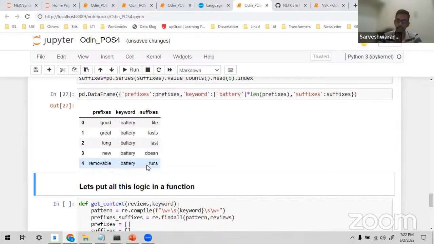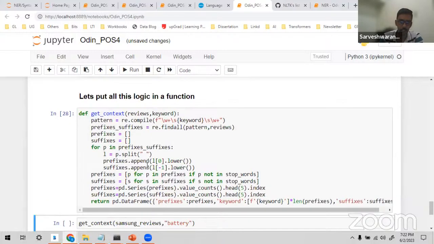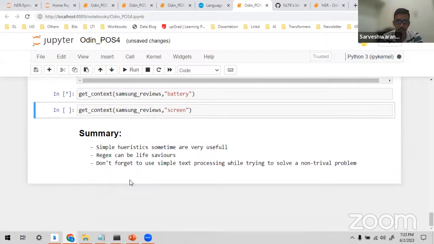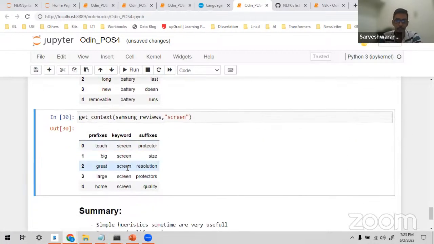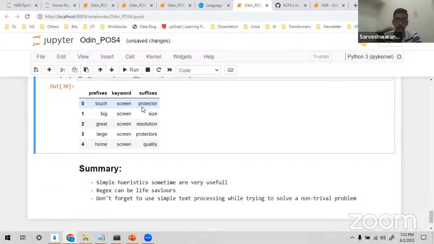I can make use of this regex, and I can do a similar thing for screen, right? Screen touch protector, big screen size, great screen resolution, something they are appreciating, larger screen protectors, home screen quality.